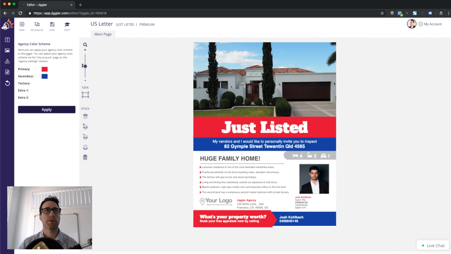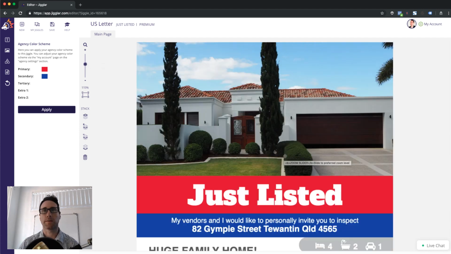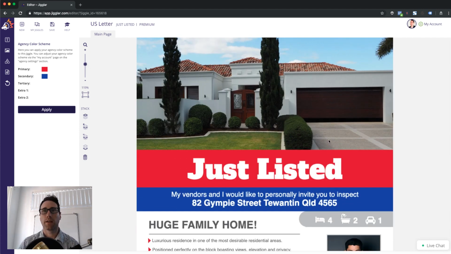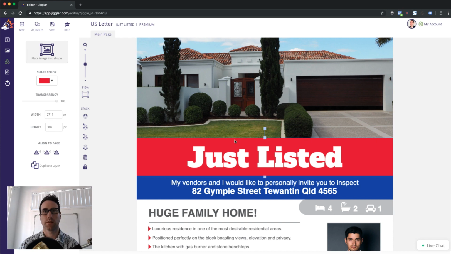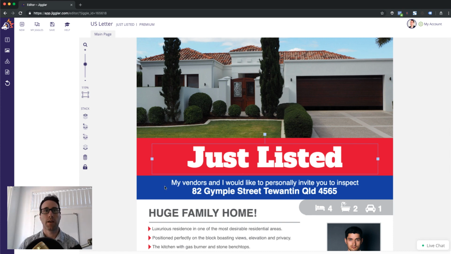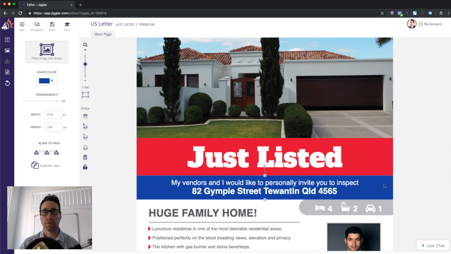So let's do a couple more things here. I'm just going to zoom in slightly. And there's a few elements on the page that you probably wouldn't want an agent to modify. So things like the positioning of this background rectangle, this red rectangle here, even this text here which says just listed, you might want to lock that down. Likewise, this blue rectangle here, this is part of the design that you wouldn't want your agent to actually be able to